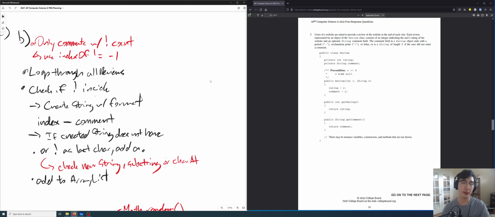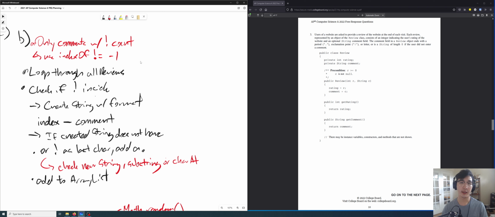So typically we use the indexOf method, right? Let me write that. If the indexOf method does not equal -1, then that means the thing you're looking for is inside.